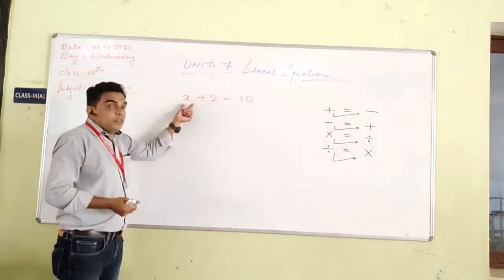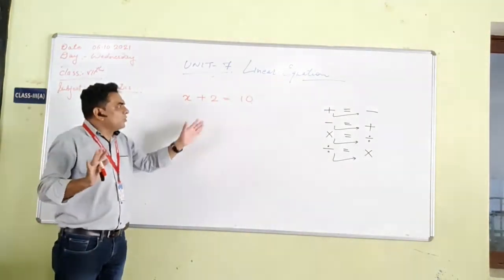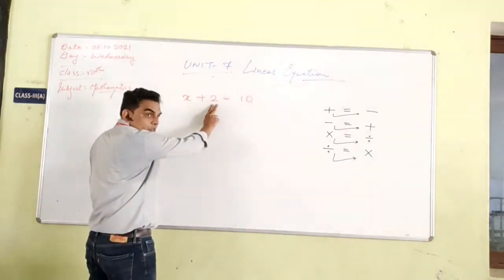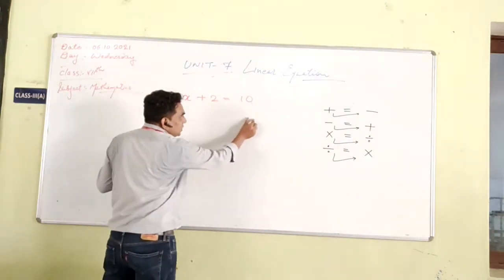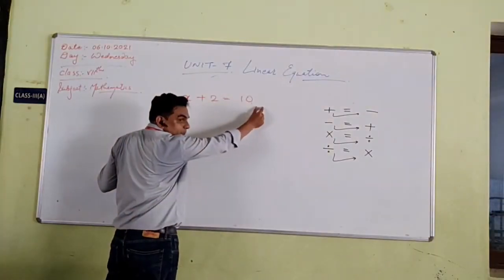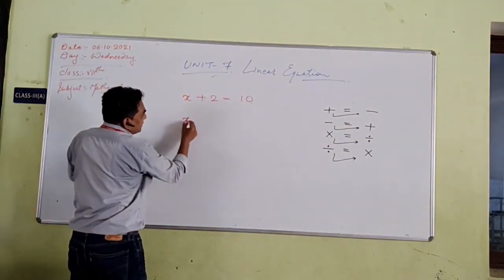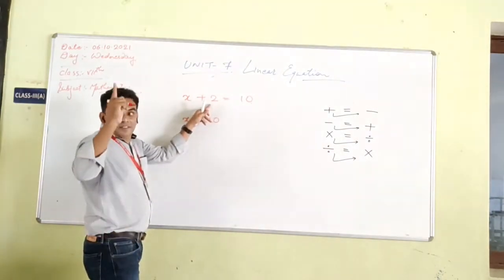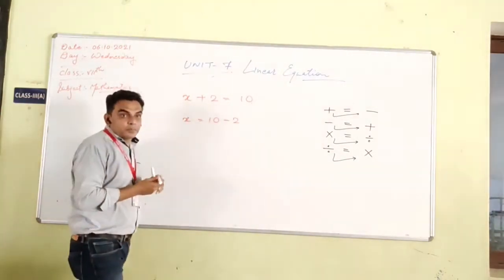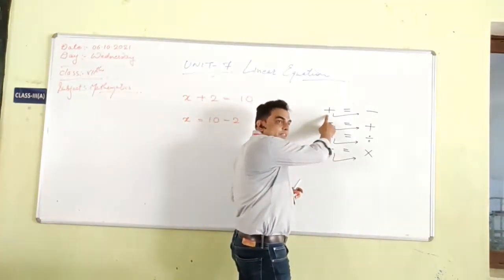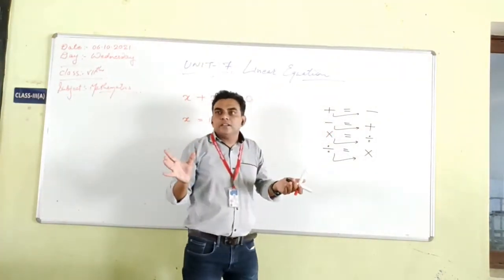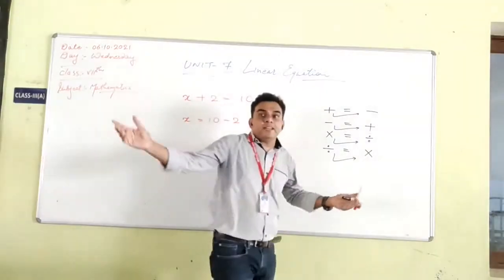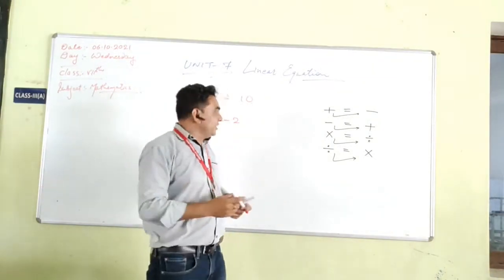You can just see, we want only x. We don't want the 2 here. So that's why we have to move this 2. Okay. From here to the other side of the equal sign, you can just put it there. So you can just see x is equal to 10. Then what is the sign of this one? Minus. Great. It is 10 minus 2. Because, you can just see here, whenever a plus sign on any digit goes from here to the other side of the equal sign, it will be minus. It is minus. You can just go with that.